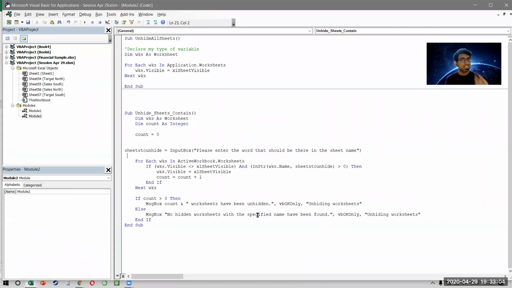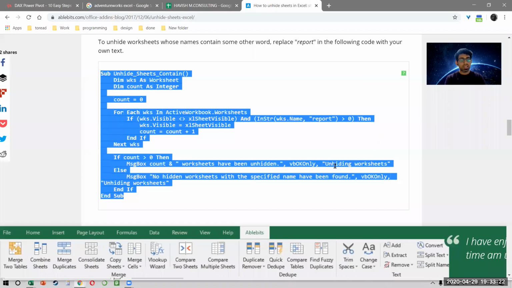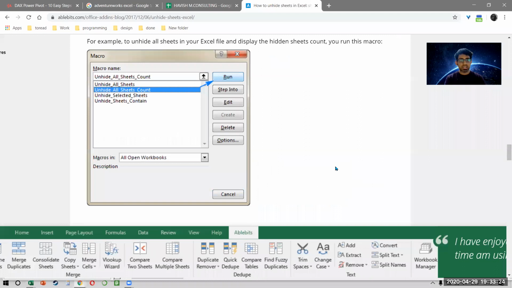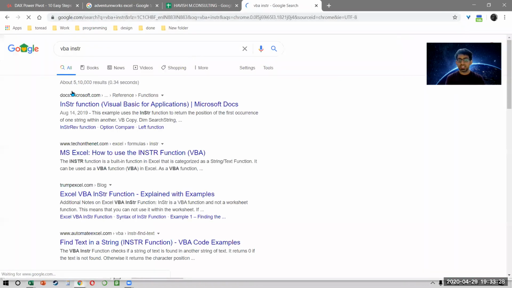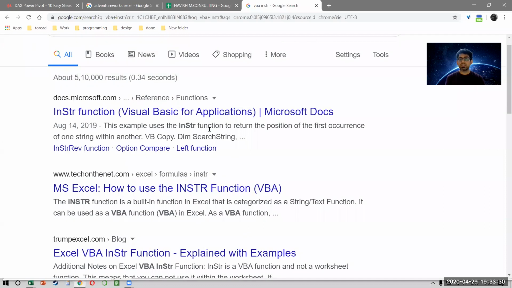Again, like I said, you can go back and see the code. There's only one small addition here which uses this InStr, which is an in string that allows you to look at the word that we are given as a part of the sheet. And see, this is how you should learn, everyone. Like you don't know what INSTR is, you copy it, you go online, and then you say VBA INSTR, and it tells you what is INSTR. Right? So that is how very smartly you can learn a little bit at a time.